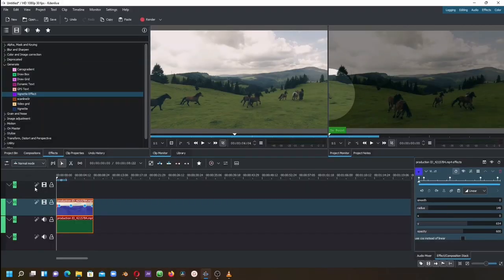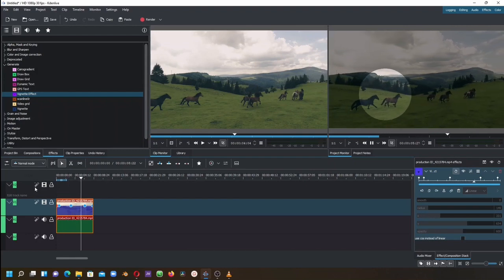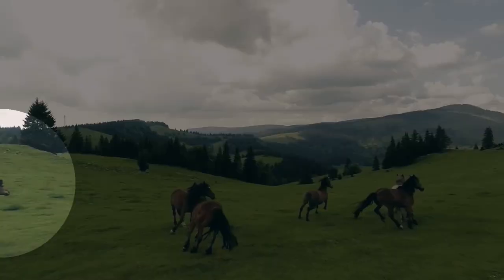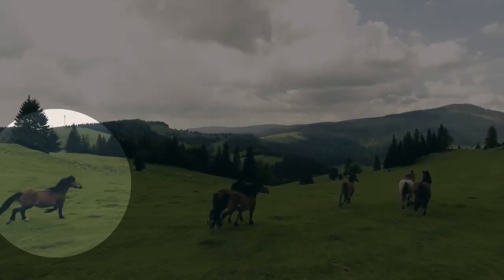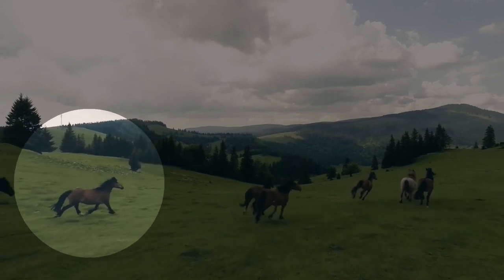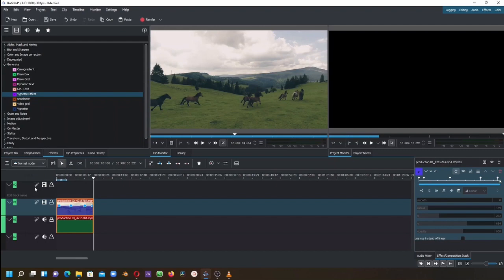So there we go. So let's just play this and see how it looks now. So here's our subject coming out with its spotlight on. As the subject moves, the spotlight is still on the subject. So that's how we can create this little effect on the video clip if you want to isolate the subject to show the subject from the other part of the video.